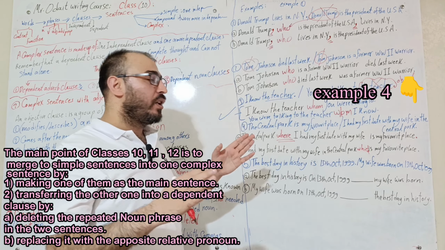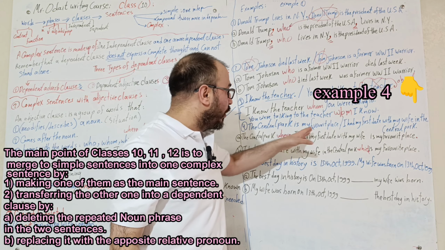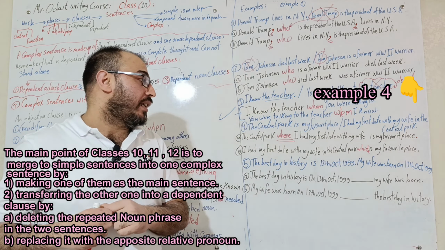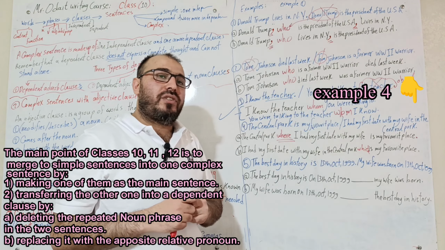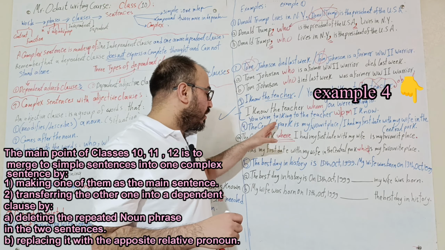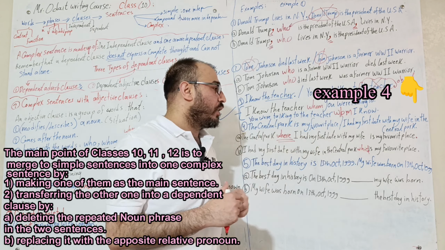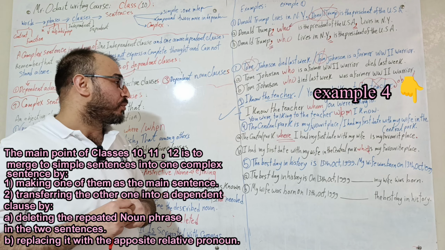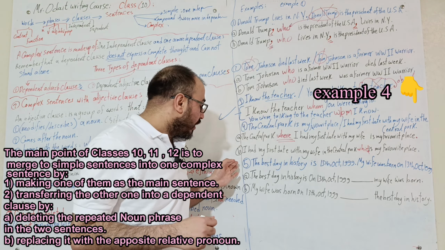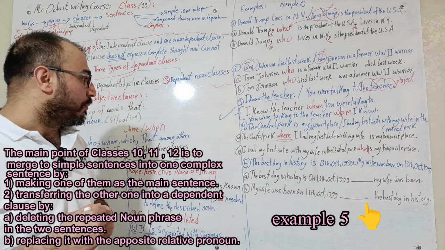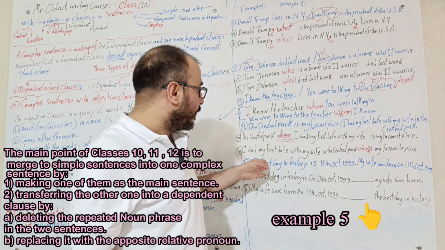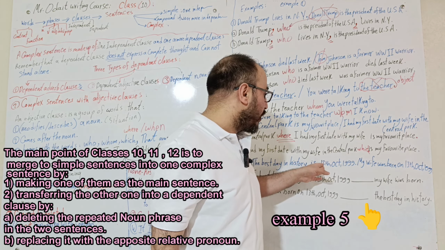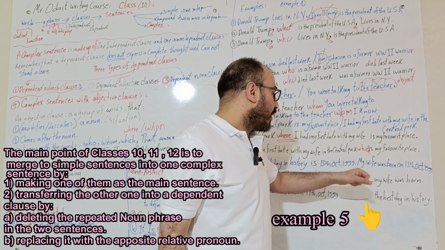Again, my friends, how can I distinguish between where and which? In the next class, my friends, I will describe the difference between which and where and how to use each in the appropriate context. And example number 5, my friend, the best day in history is the 13th of October,